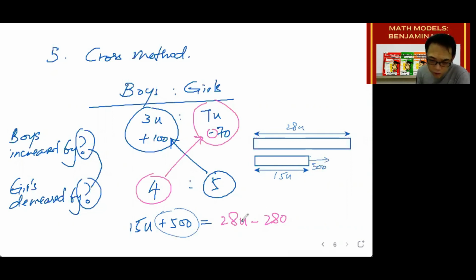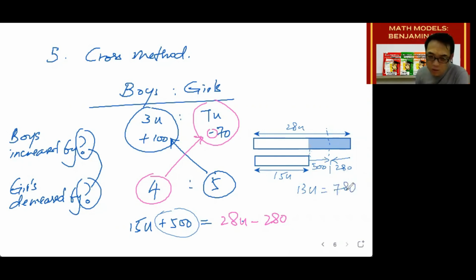And if I were to decrease 28 units by 280, I will get a shorter model. Okay, so you have 28 units minus 280, and you got 15 units plus 500. Now, as you can see, if you were to look carefully, the difference between the two models, which is here, is 28 minus 15, giving you 13 units, and then you add this value to make the shaded part. And that gives you